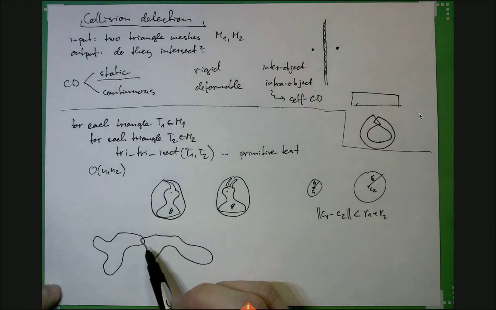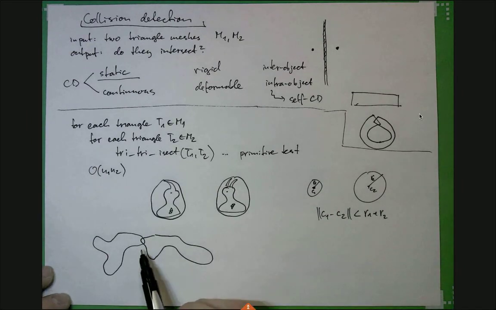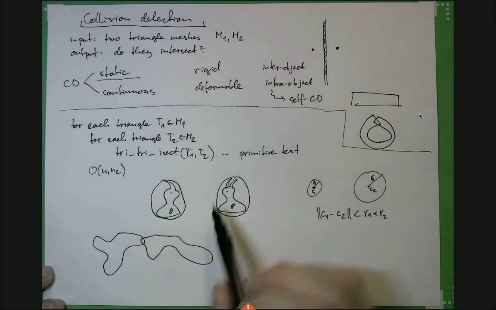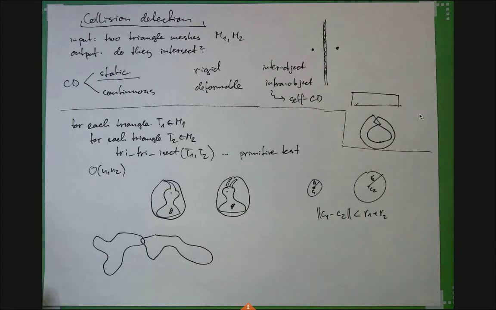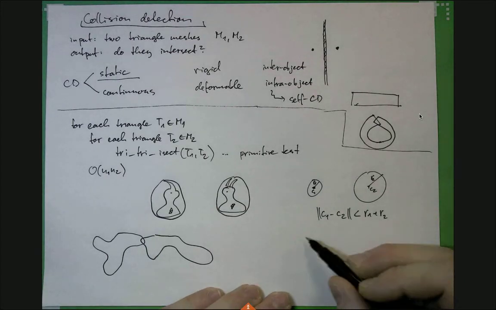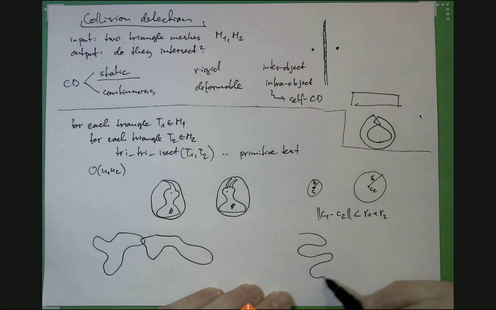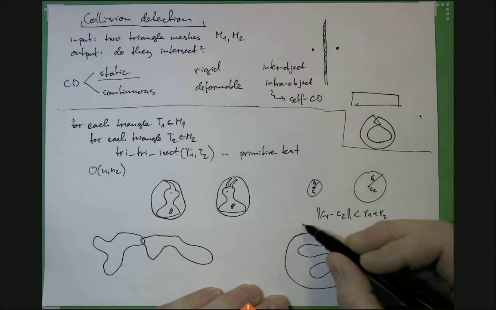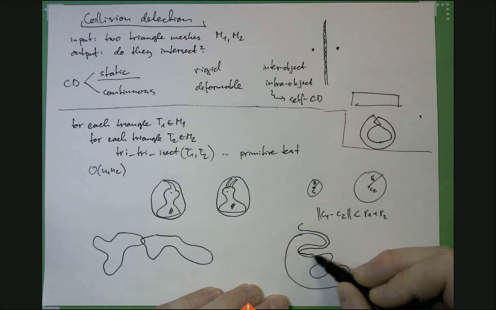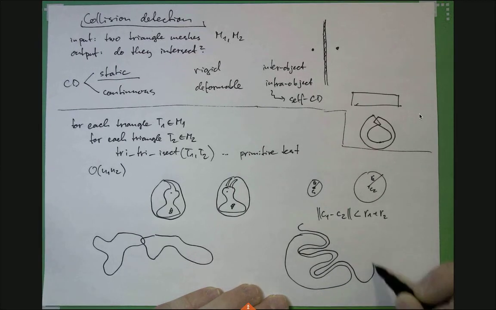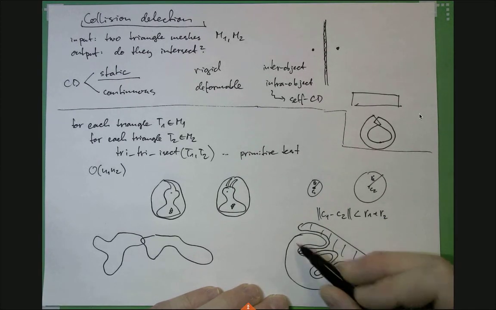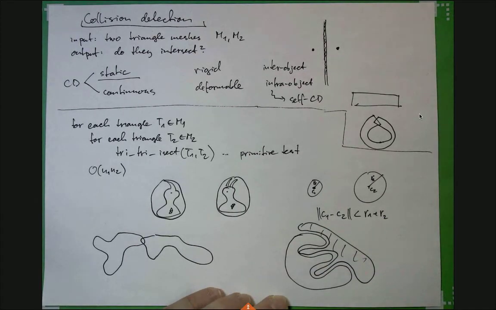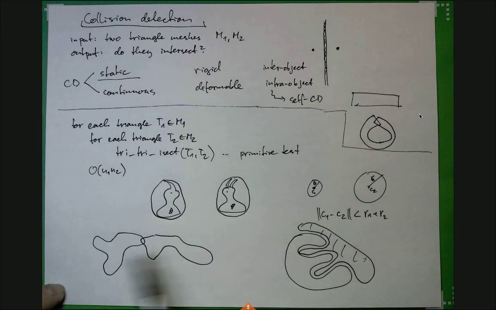Now, cases like this are a little bit more tricky when there already is an intersection, or even when they are close together, right? Because I can have non-convex objects. So in theory, I could have one object that looks like this, another object that happens to look like this, and they are not intersecting, right? But certainly no simple test like this will quickly give me a certificate that they are not intersecting, right? So what I can do in these more complicated cases,